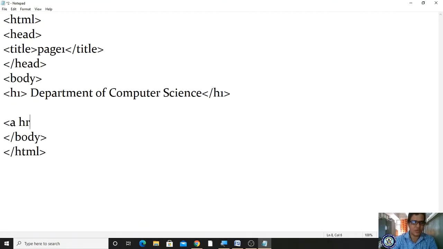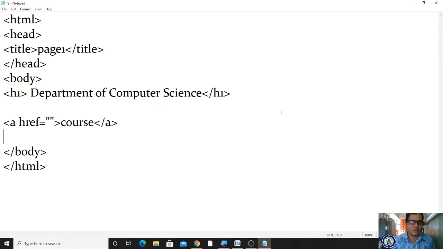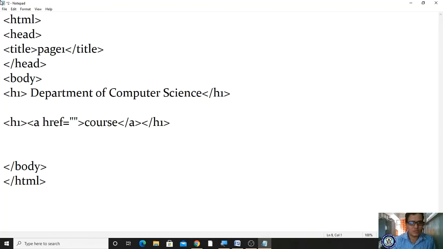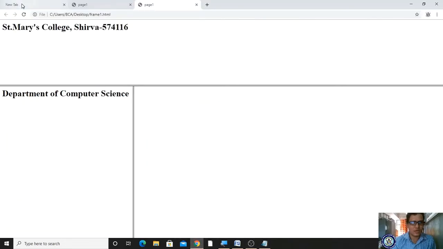By using a href, leave it blank, and you can give it as course, and you have to close the tag, right? Let me make it an h1 for better visibility. I'm closing h1, right? Let me see. I will save first, and I'm coming here and refreshing.